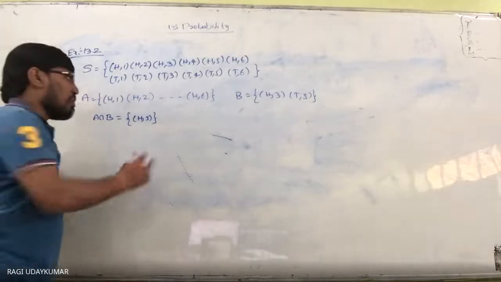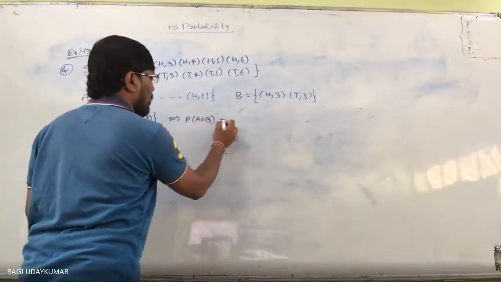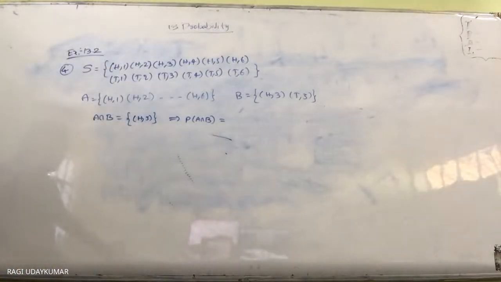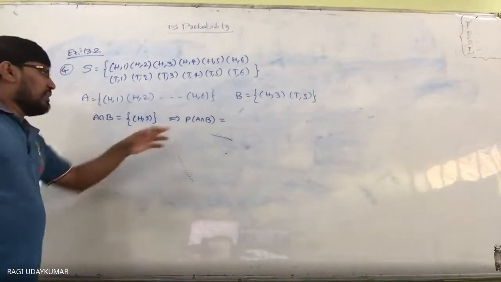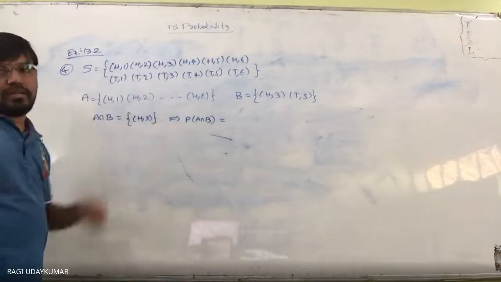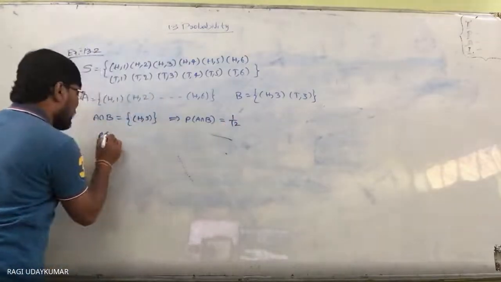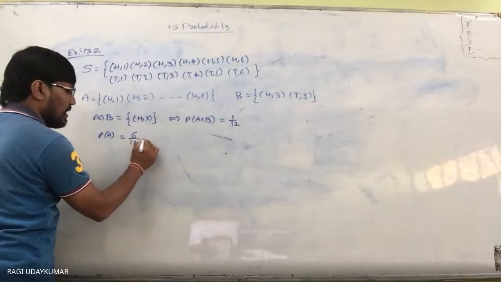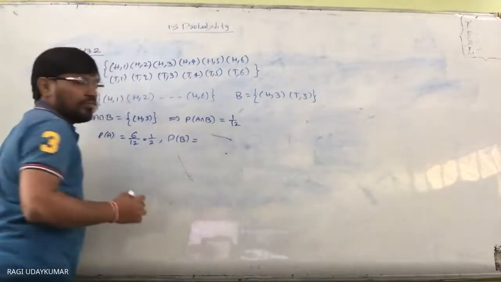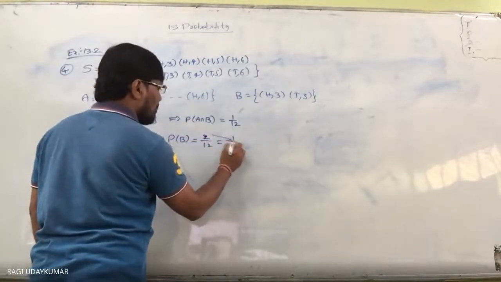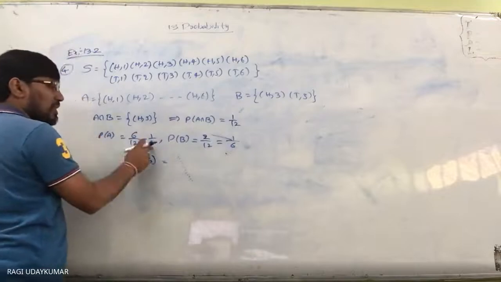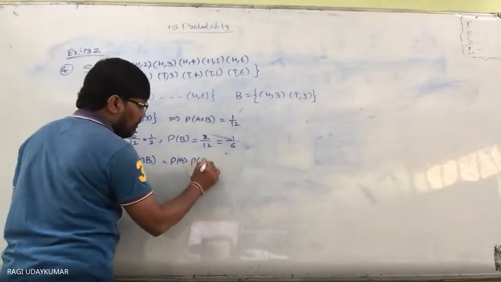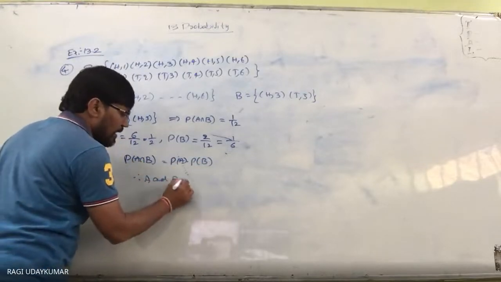So what is probability of A intersection B? 1 out of 12, so 1 by 12. What is probability of A? 6 by 12, that is 1 by 2. What is probability of B? 2 by 12, that is 1 by 6. So probability of A intersection B is 1 by 12, which equals probability of A into probability of B. Therefore, you can say that A and B are